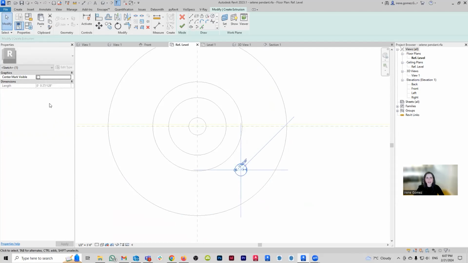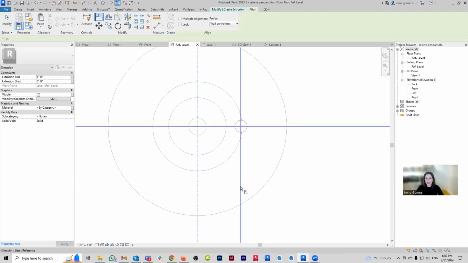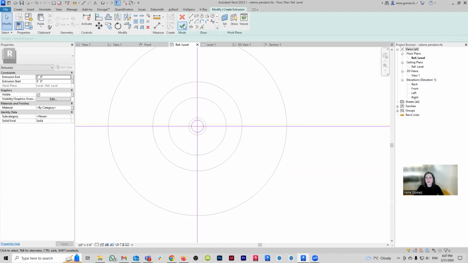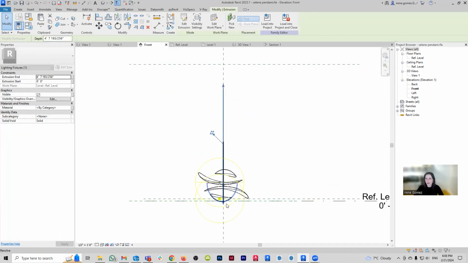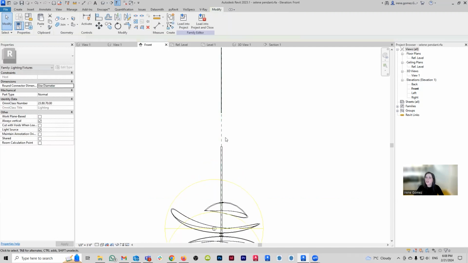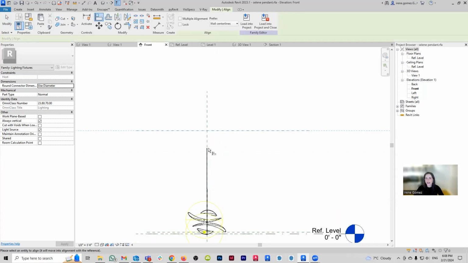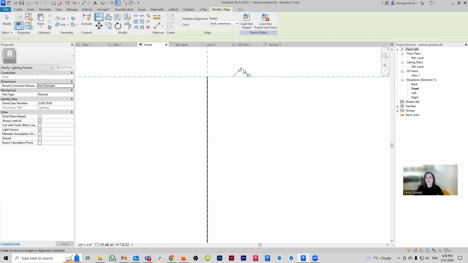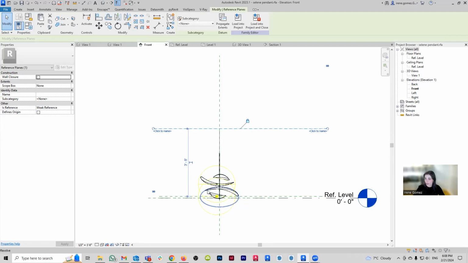And what I'm going to do is select this guy and check center mark visible, because I want to make sure that I align it with my reference planes. So align and lock, align and lock. And then I'm going to say yes. I'm going to go to my front view here. And here's my pipe. See how my pipe has these little handy handles? This is exactly what I want. So I'm going to align that guy to this guy and lock. And then align that guy to this guy and lock. And hopefully what should happen now is that this guy can change without affecting any of these other guys.